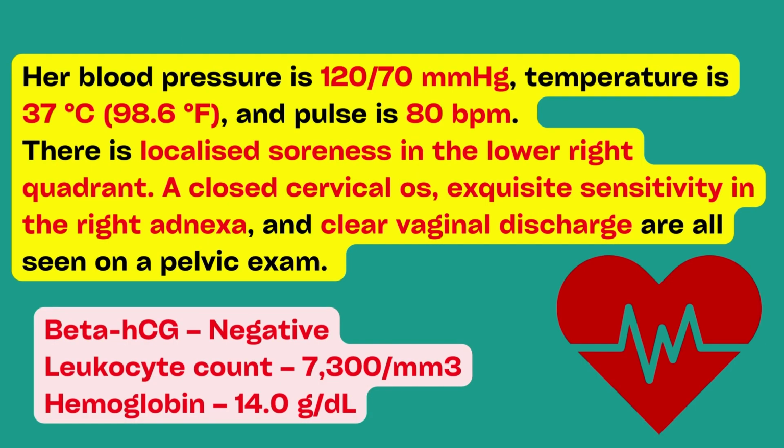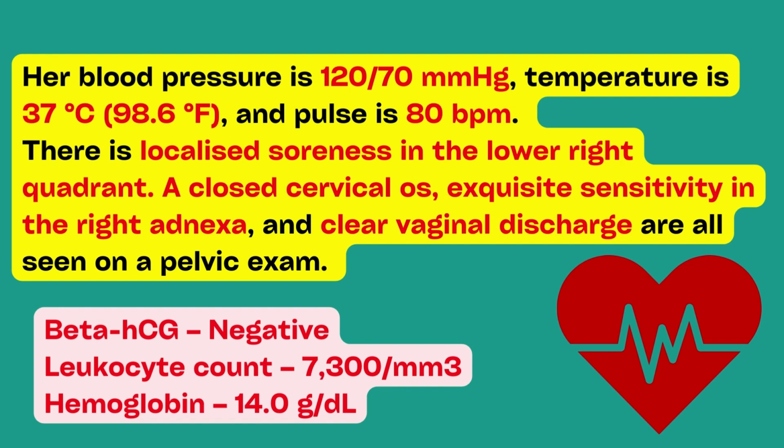Blood pressure is 120/70 mmHg, temperature is 37 Celsius or 98.6 Fahrenheit, and pulse is 80 beats per minute. There is localized soreness in the lower right quadrant. A closed cervical os, exquisite sensitivity in the right adnexa, and clear vaginal discharge are all seen on a pelvic exam. The laboratory studies reveal that beta-HCG is negative, the leukocyte count is 7,300 per mm3 and the hemoglobin is 14.0